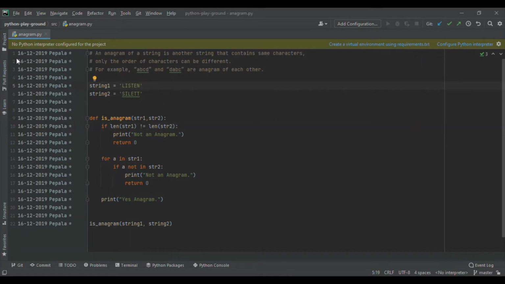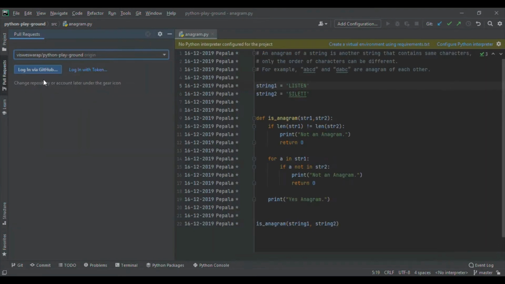So like this, there is another beautiful thing. From our GitHub, we can see pull requests and we can validate them here itself. Beautiful, isn't it? Validating your pull request in GitHub is not as good as our most developer-friendly IDE.